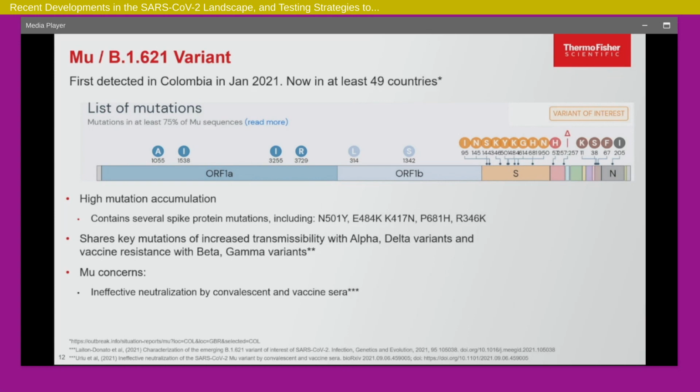And all of these mutations, in some ways, have shown in in vitro studies to have some impact on the virus, on the neutralization of the antibodies. So not only does it have the increased transmissibility of alpha and delta, but also the vaccine resistance of beta and gamma. And that's where some of the public health concerns have been raised about what's happening with mu. Let's take a look at it. Are we really looking at a strain that is emerging that is potentially resistant to a vaccine?